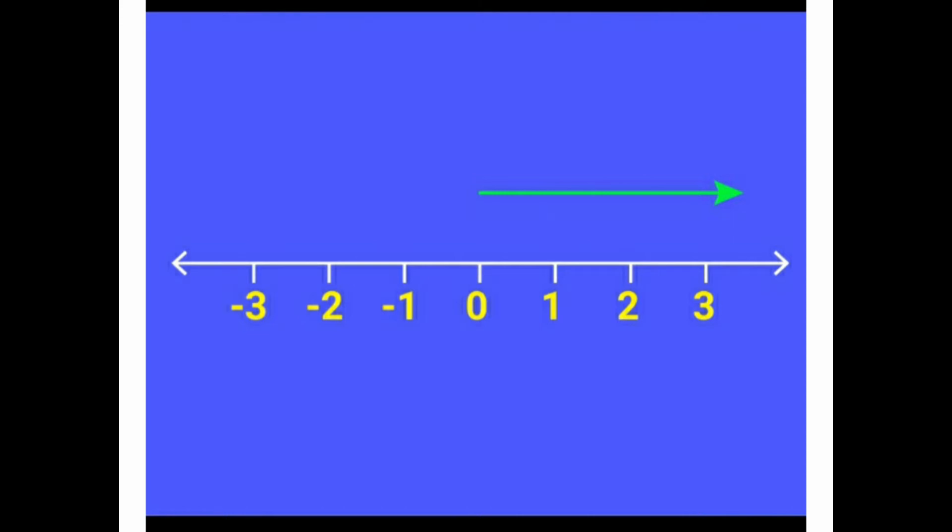So this is the number line of the rational number, same as the number line of your integers. Rational numbers will also include positive and negative numbers, including 0. As we already know, 0 comes in the center. To the right side of 0 you will get positive numbers. To the left side of 0 you are going to get the negative numbers.